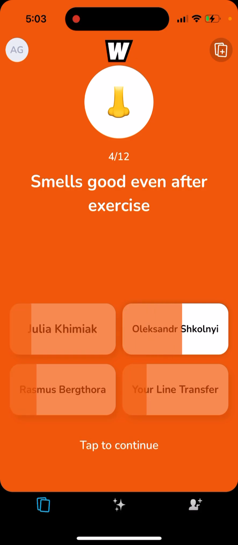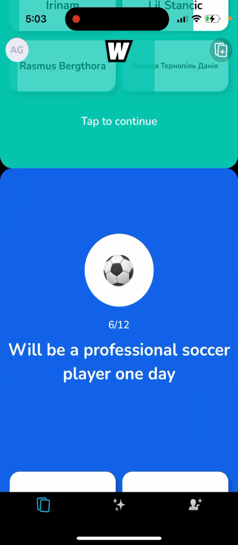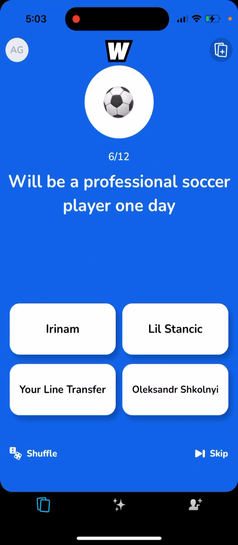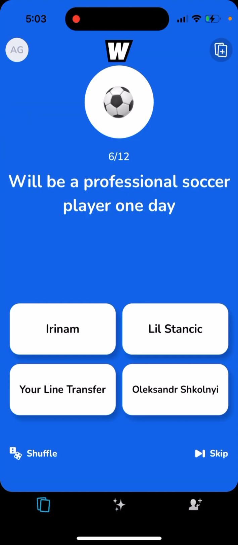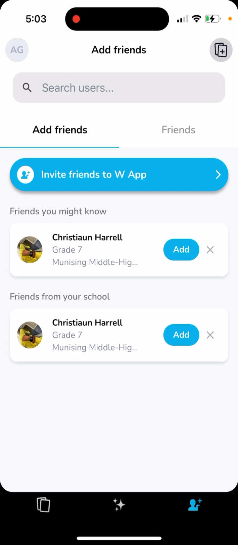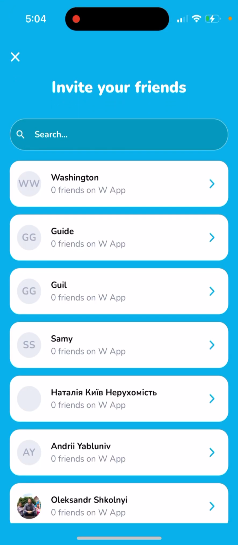And then, so that's the idea. That's how you vote. And then unlocking box, you need to play 12 polls to see who voted for you. So just keep playing polls. Then you can see here, and then you will be able to add friends. You can also invite friends from